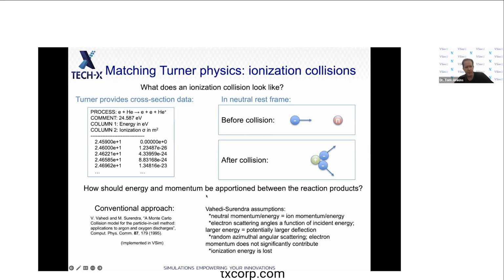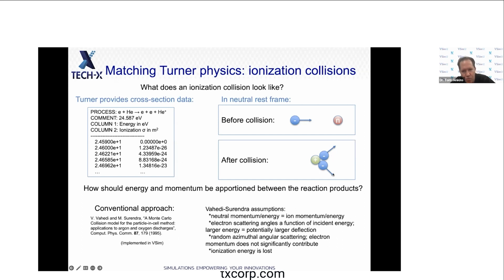The conventional approach you take in PIC-MCC, and there are other approaches, but this one is very common, is by Vahedi and Surendra, where we essentially look at an electron neutral interaction in the rest frame of the neutral. The electron comes in, hits the neutral, creates another electron and an ion,